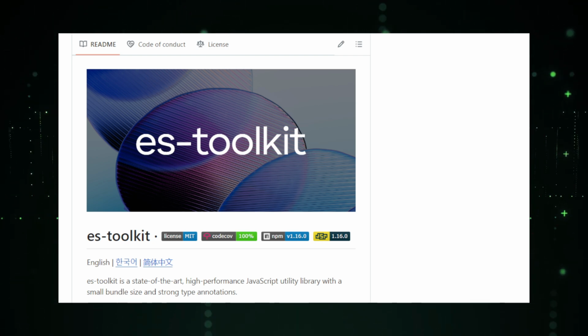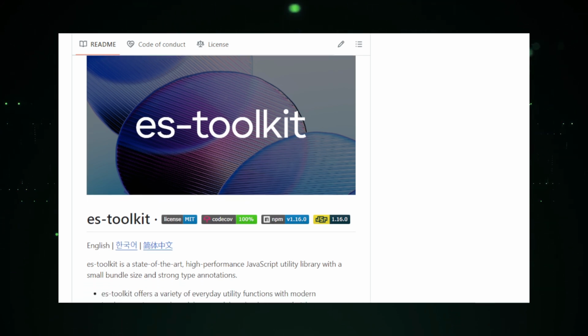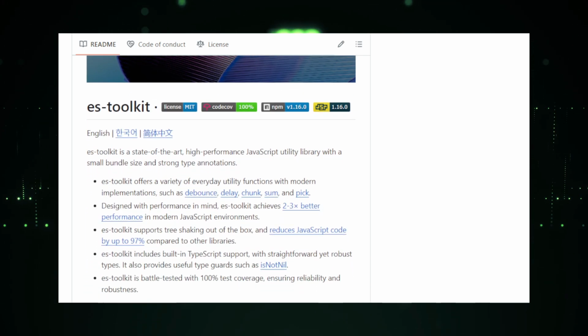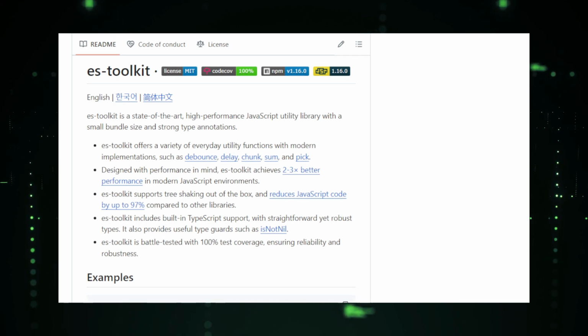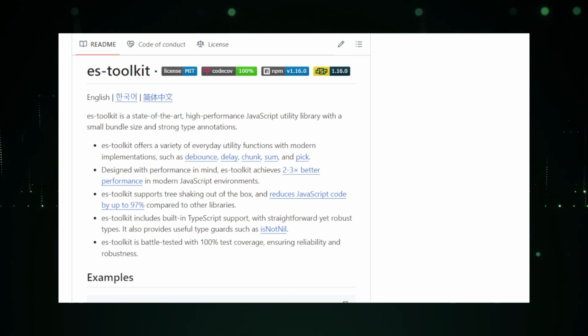ES-Toolkit is fully tree shakeable, meaning you only include the functions you actually use in your project. This reduces the overall size of your JavaScript files, leading to quicker load times and better performance, especially in web applications. ES-Toolkit provides a comprehensive set of utility functions for common tasks like array manipulation, object cloning, deep merges, and more. It covers most of the use cases you'd find in Lodash, but with a much smaller footprint and faster